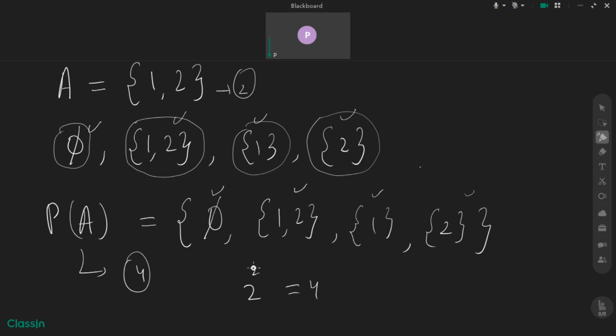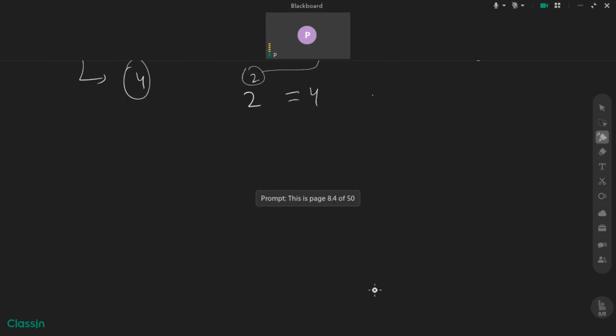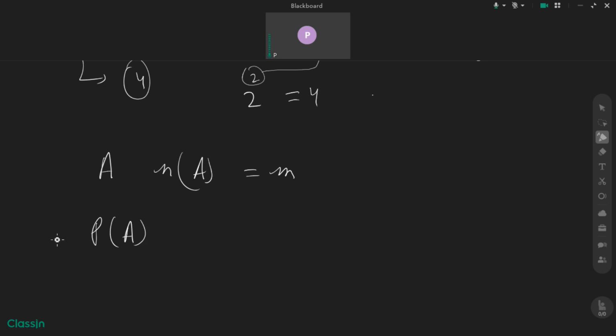So this 2 represents the number of elements in A. Similarly, if we have any set A, and the number of elements of A is equal to m, then the number of elements in the power set of A will be equal to 2 raised to power m,